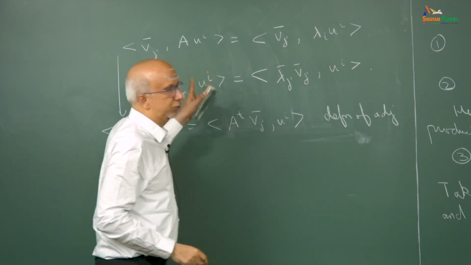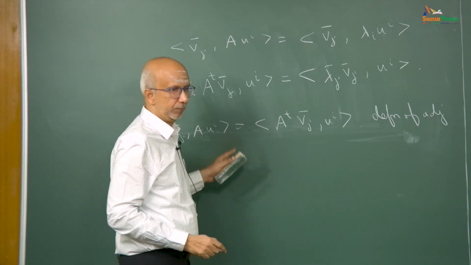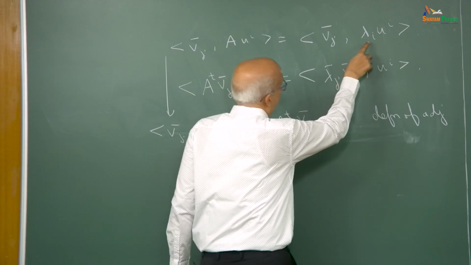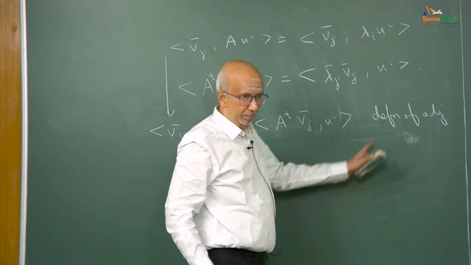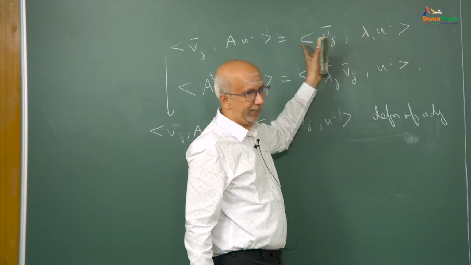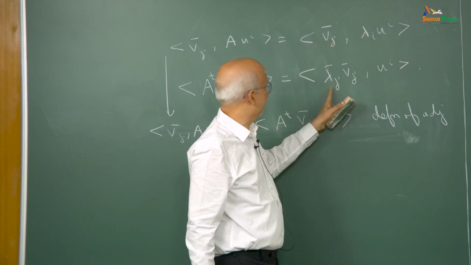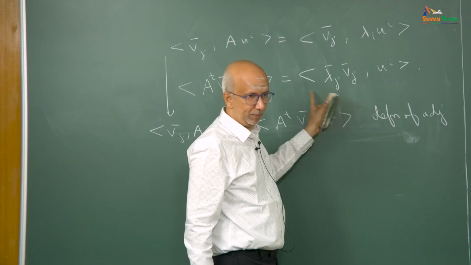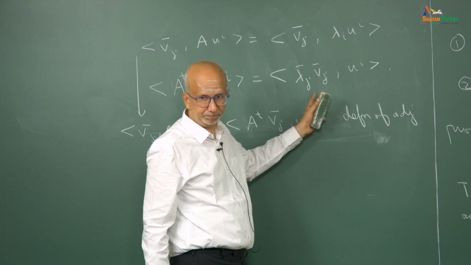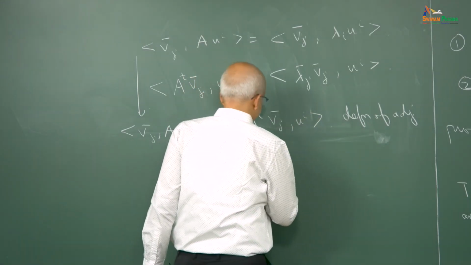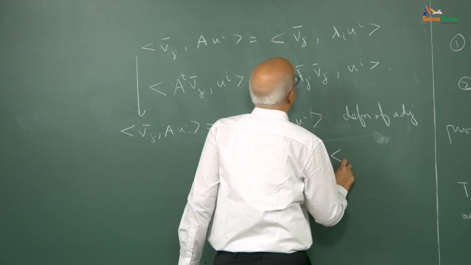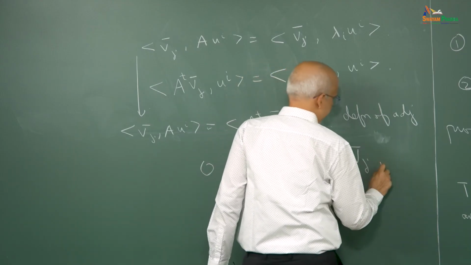So, when I subtract these two, this will cancel, and I get 0 equals, and now here what I am going to do is take out the lambda outside, because the lambda is hitting the second variable. When I take it out, it comes out as it is. Here the lambda is with the first variable. When I come out, I will get the complex conjugate of that, so I get lambda j. So, what I am going to get is lambda i minus lambda j times the inner product of Vj bar with ui,